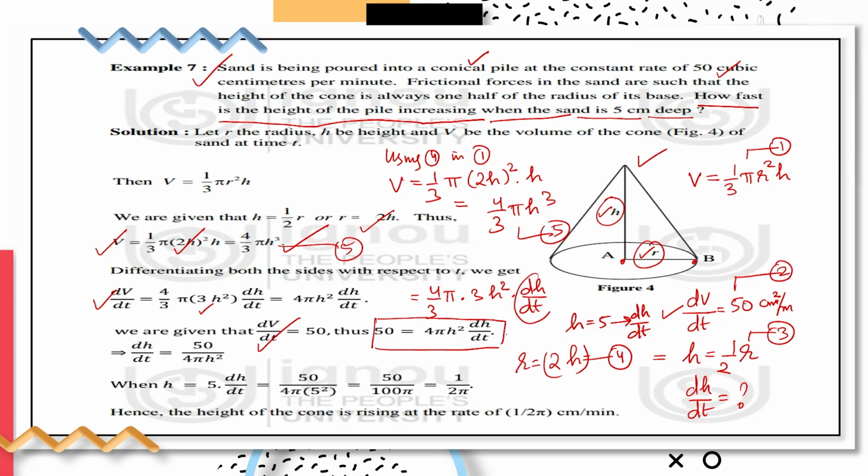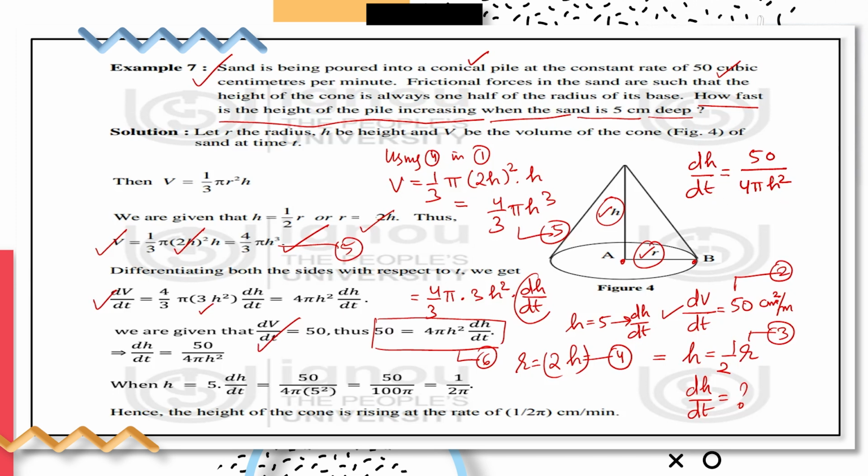So, referring to equation number 6, we can rearrange it and say that dH by dt is equal to 50 upon 4 pi h square. Now, because at h equal to 5 it is required to find the rate of change of height,